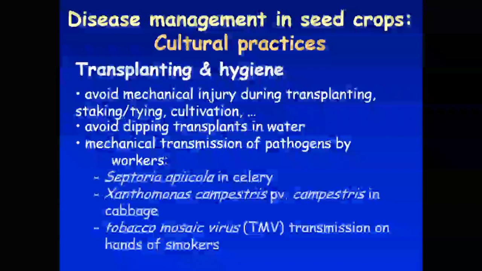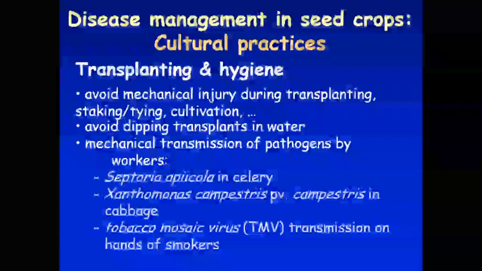Sometimes pathogens can be transmitted mechanically. One of the worst cases of this is tobacco mosaic virus. If you've got people on your farm who are smokers, the virus can survive in tobacco. And if you're smoking and then go and handle solanaceous crops, you can spread the virus on your hands. So common practice, if you have smokers working in your fields or in your greenhouses, is that when they take a smoke break, they have to wash their hands with warm soapy water, and that kills the virus on their hands and they go back and work. But you literally can spread TMV on your fingers if you're a smoker.